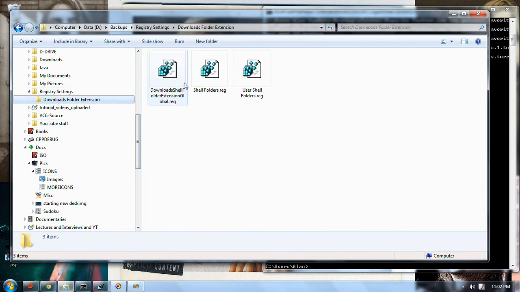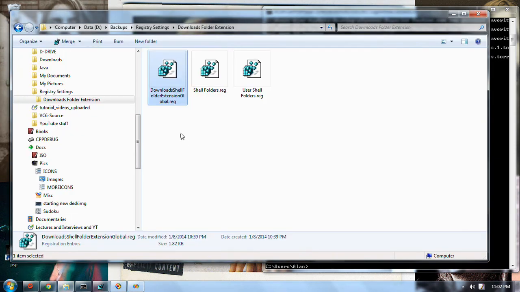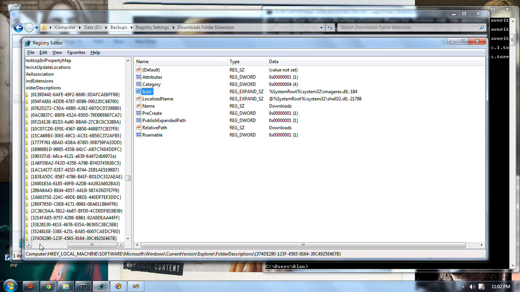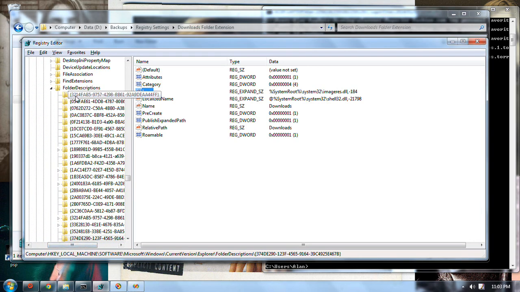And now I found these. I found that it's in a global spot, but it's also the thing that it points at, which is my downloads directory, can be set locally. There's a global one and there's a local one. Now, where is it? Here we go. Folder descriptions. Here, see? Now this is local machine. And that's the folder description for folder